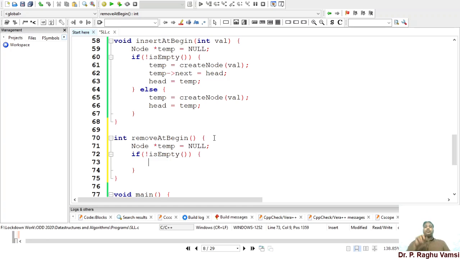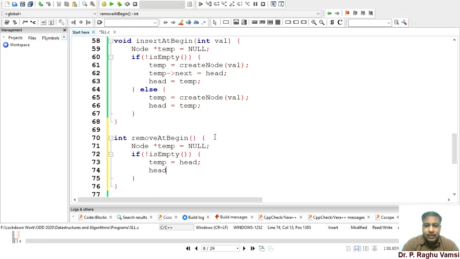That means the first node should be removed, and the next node should be made the head. So that is the reason I am doing temp is equal to head. Currently the head node address is kept in temporary.